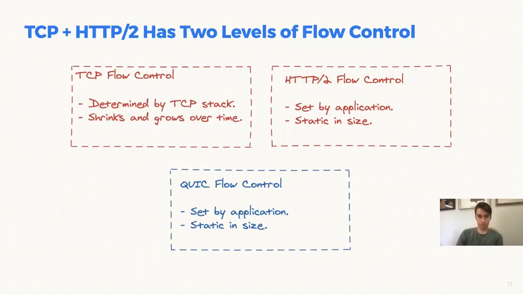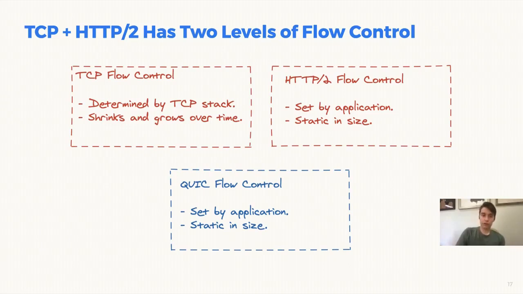Next slide. So why is this relevant? This is relevant because of flow control, because congestion window can essentially be bound by flow control. What I mean by that is that flow control essentially, as we said, limits the amount of data an application is willing to receive. So in TCP and with HTTP2, there's 2 layers of flow control. There's the TCP flow control and there's the HTTP2 flow control.